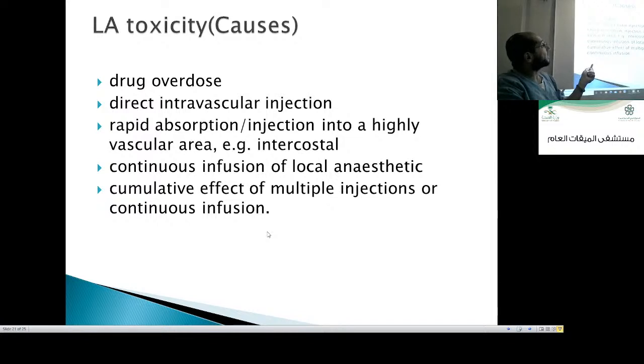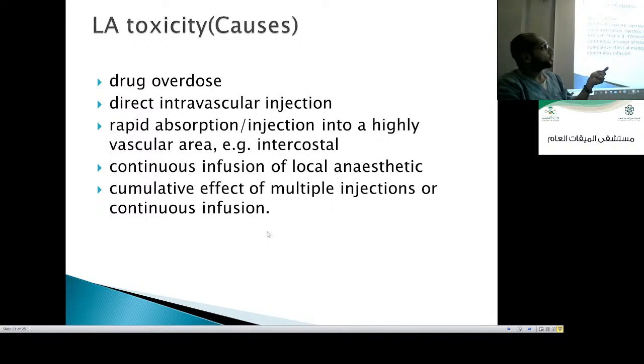If I give a direct intravascular injection, even below the toxic dose, especially in a vascular area like the neck, even with 20 milligrams of local anesthesia, xylocaine, we can see convulsions and toxicity. So take care, with intravascular injection there is no need to exceed the toxic dose. Even with a minimal dose, especially in the neck and the head, you can